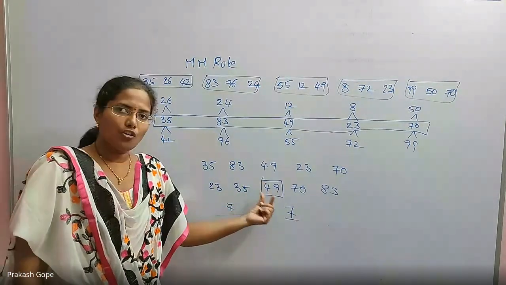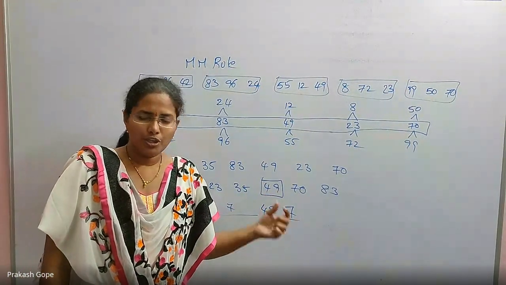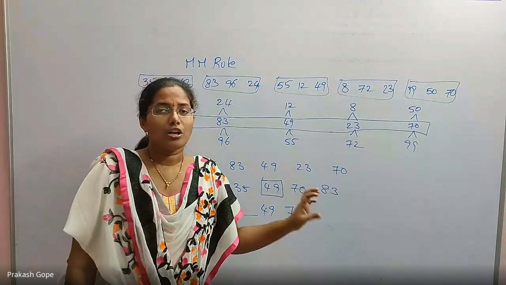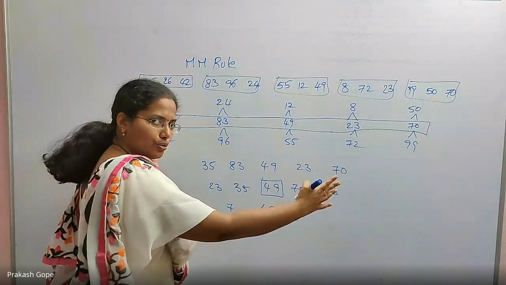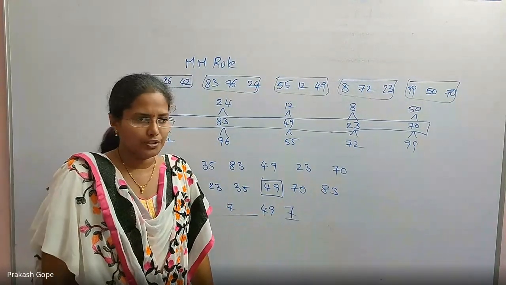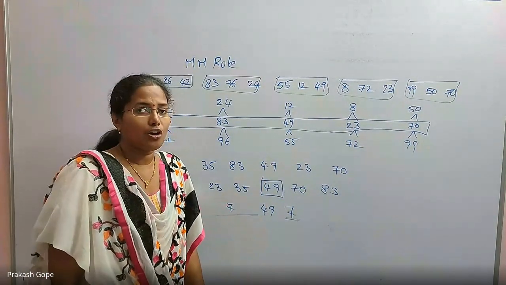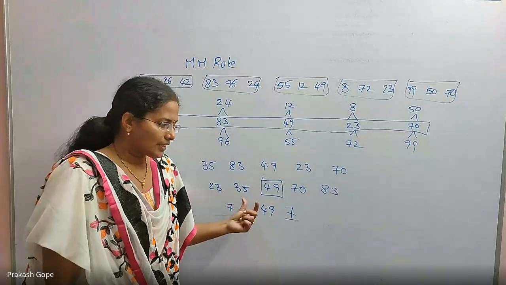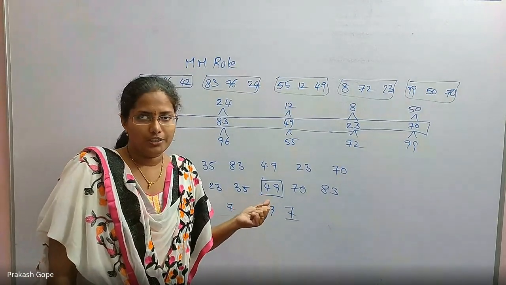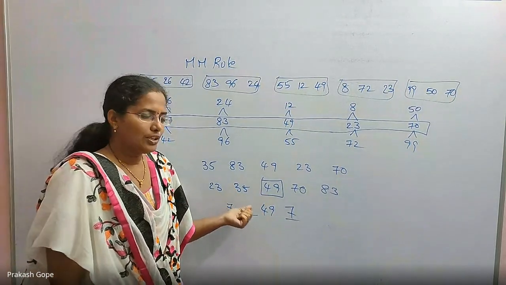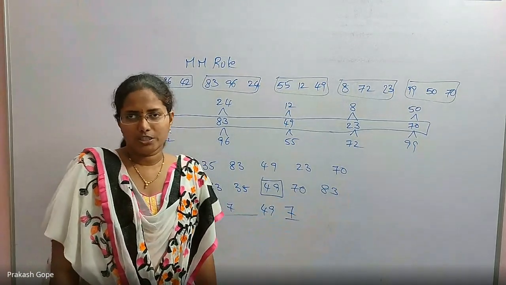So, median of medians, if you select that as a pivot, damn sure it will go to the almost middle place by dividing the array into two equal halves, almost equal halves. So, it is reaching to best case. The time complexity will be n log n. So, selecting this median of medians is important. Median of medians will lead to almost best case.